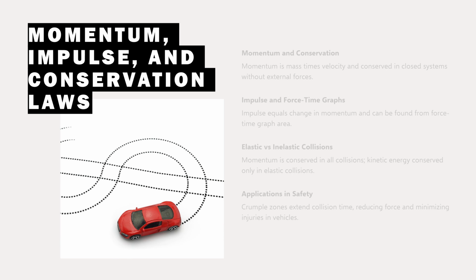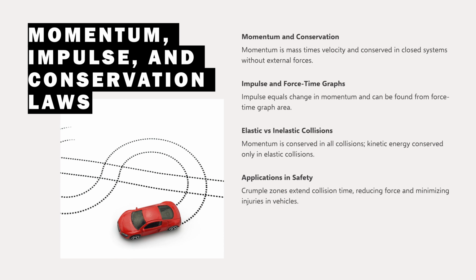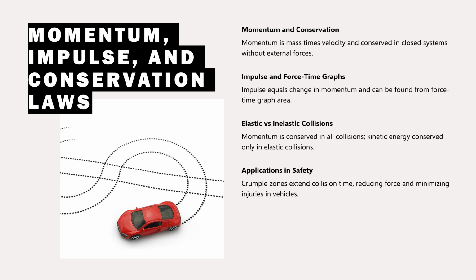Momentum is defined as the product of mass and velocity and is a vector quantity, meaning direction is significant. The principle of conservation of momentum, which states that in a closed system with no external forces, total momentum remains constant. This principle is particularly important in analyzing collisions and explosions. Impulse is defined as the change in momentum and can also be calculated as the product of force and time for a constant force. Force-time graphs are used to determine impulse by calculating the area under the graph, linking graphical